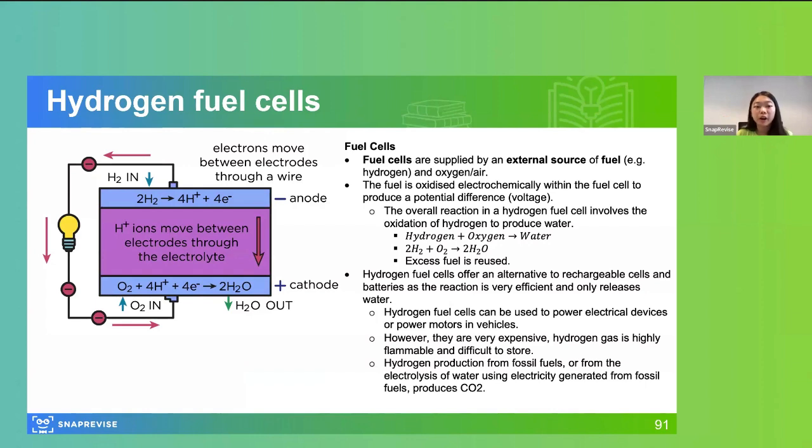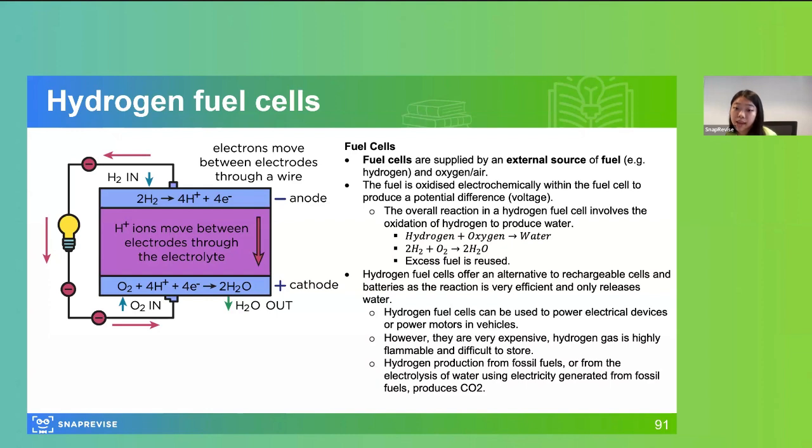Generally, these hydrogen fuel cells are supplied by an external source of fuel, and oxygen and air. So it's hydrogen, and then just the oxygen in the air, in the atmosphere. The fuels oxidize electrochemically within the fuel cell to produce a potential difference. So this produces a voltage. And usually what happens is the hydrogen reacts with the oxygen to produce water, and any excess fuel is going